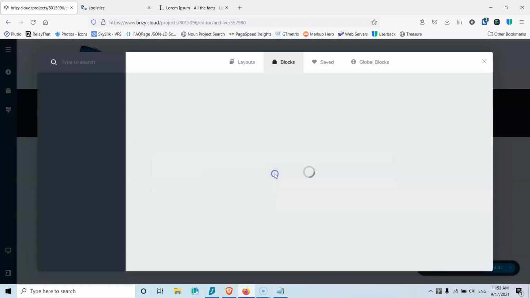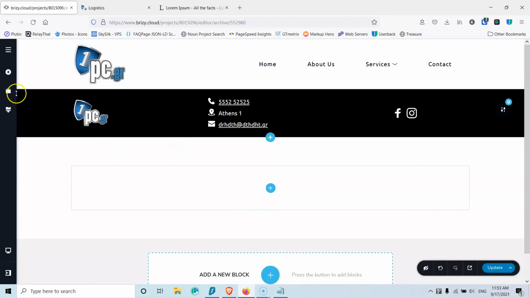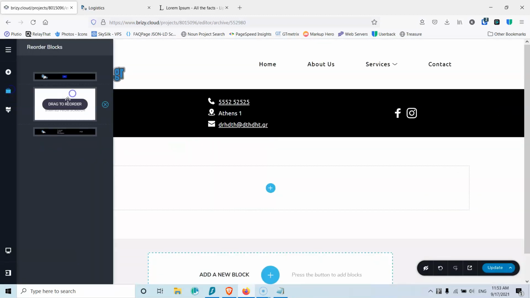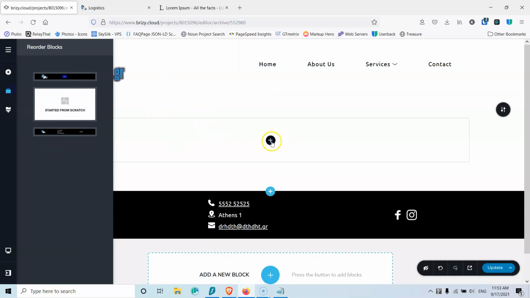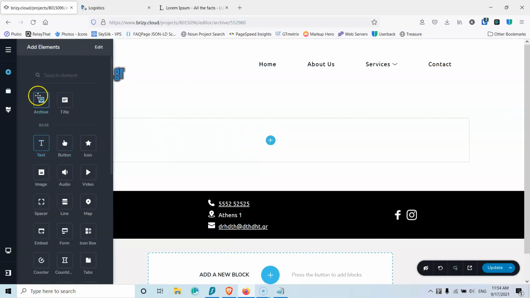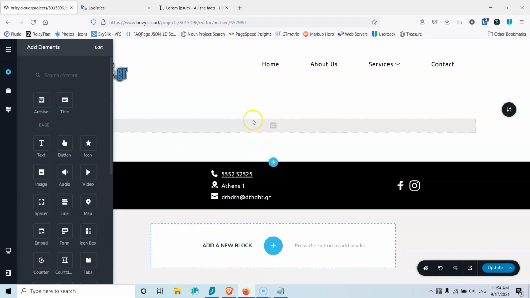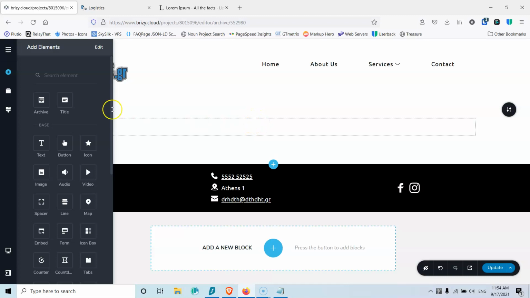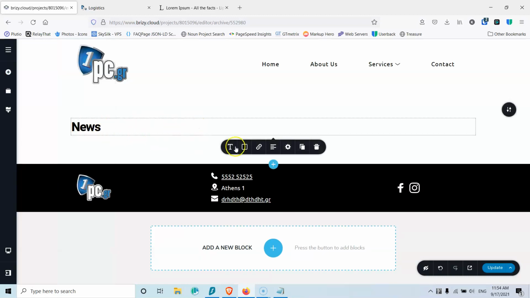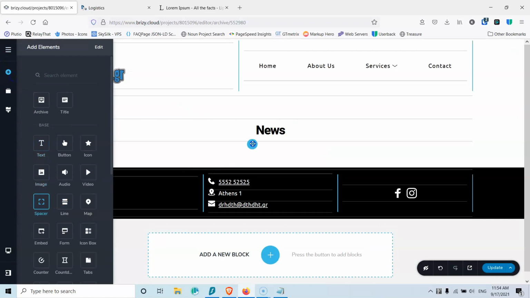I'm going to create new category, create your own blog. Okay, not new category, create your own blog. And I'm going to select here, and I'm going first for the text. You can also have the title here, but because I have only one blog category, it doesn't matter if I use the title or the text, but this will grab automatically the title of the category if you have more than one. So put that in the middle, and after that I'm going to add a spacer,